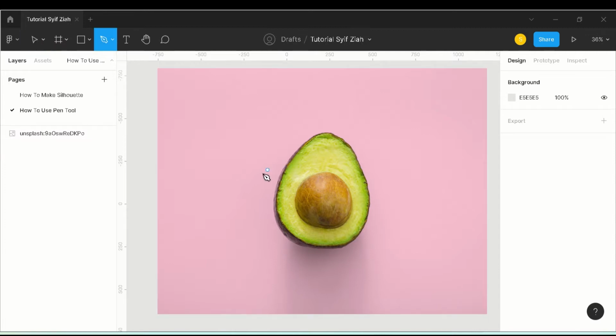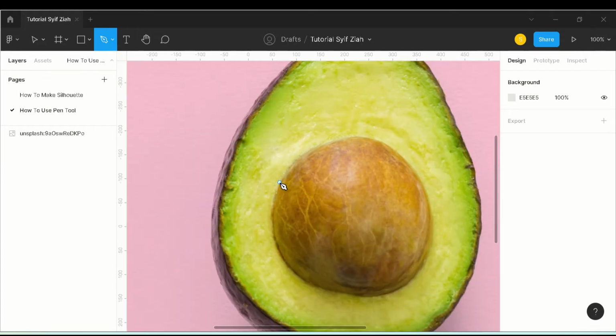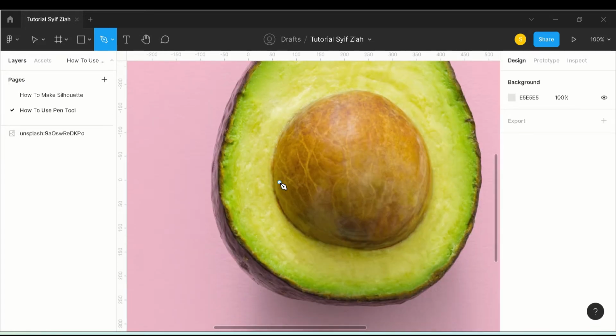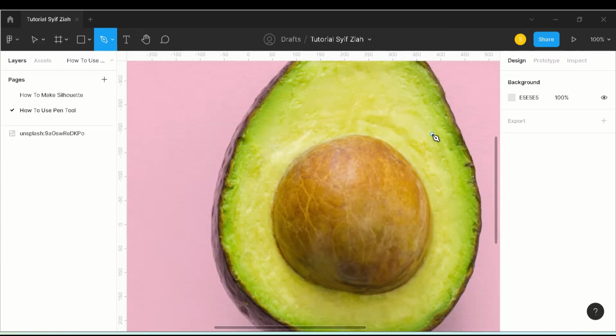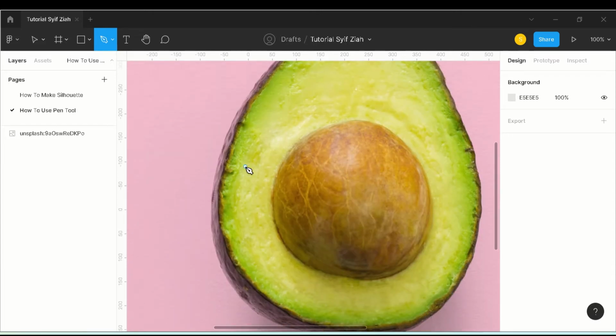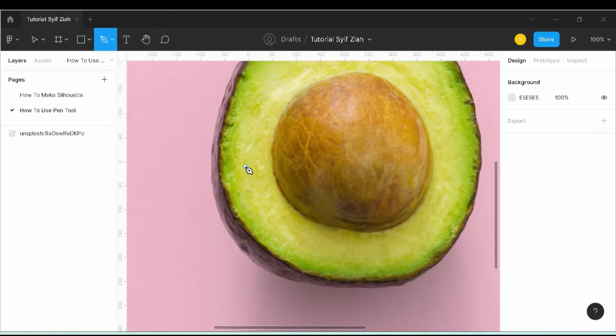First, we choose... No. I mean, we can make the outside pattern of the avocado. Okay.